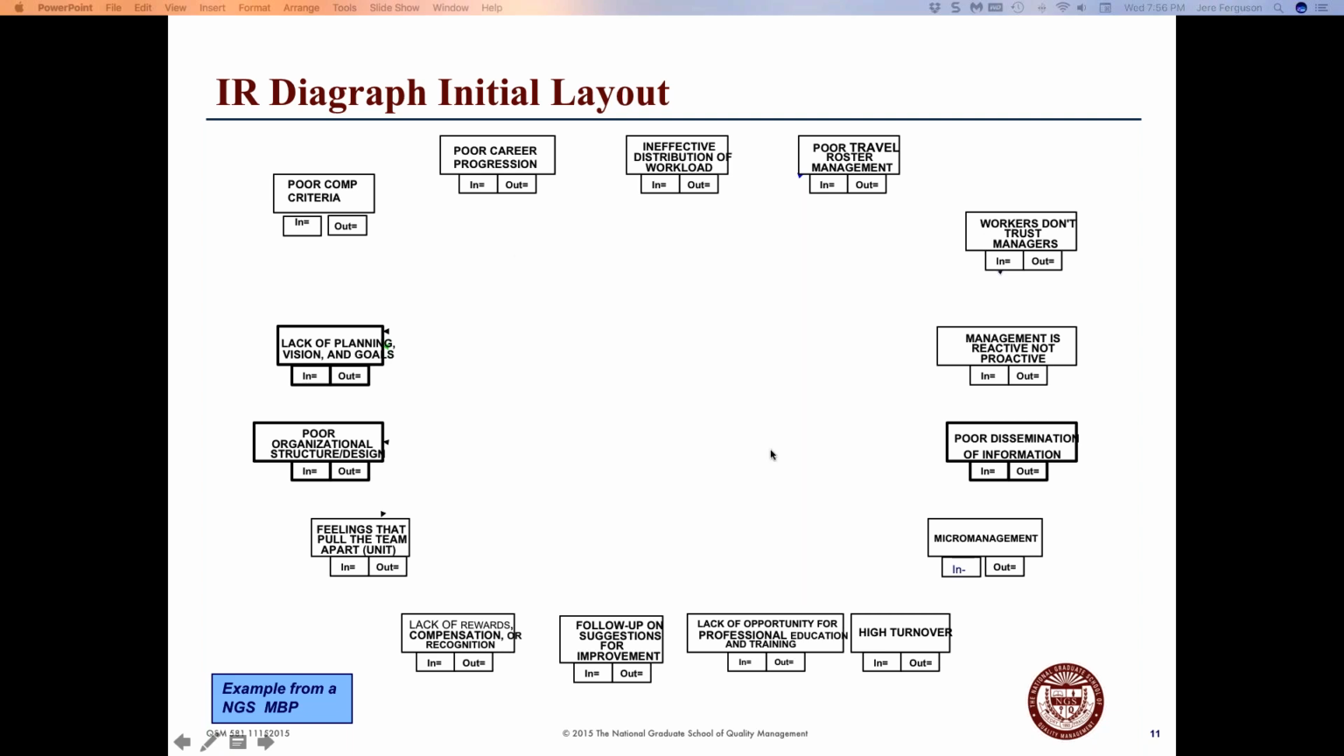And then the arrow is at whatever direction I perceive the influence is. So is the high turnover being caused by poor career progression, or is poor career progression causing high turnover? I would tend to think that this is causing high turnover. So I would draw the line out of here into here and put an arrow at this end. I then would do that between this box and every other box around the circle. And when I finish with this one, I'd move to the next one and I'd do the same thing all